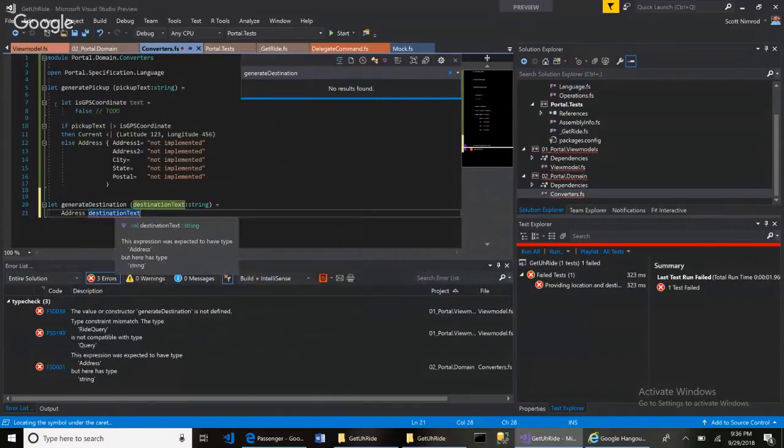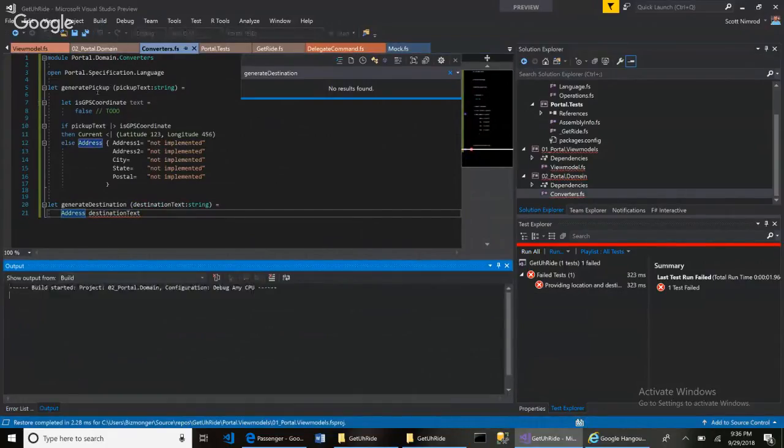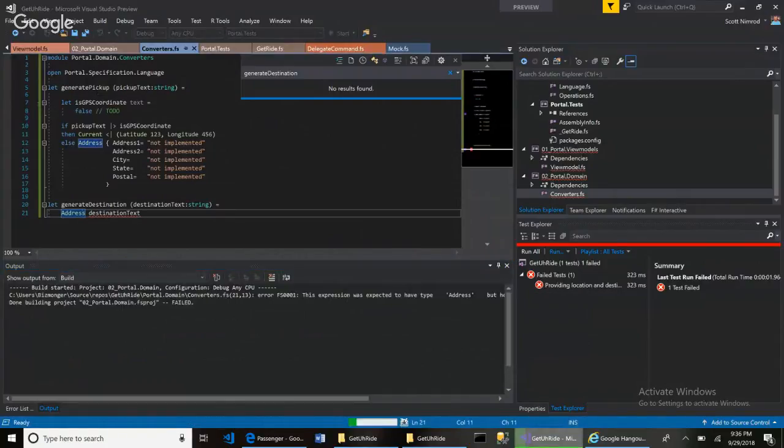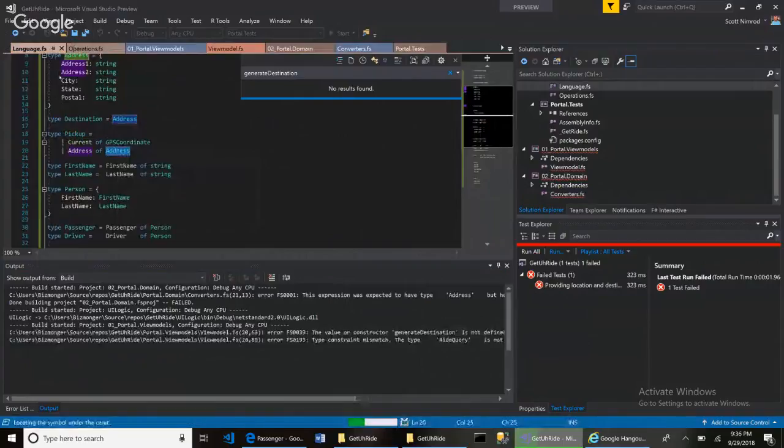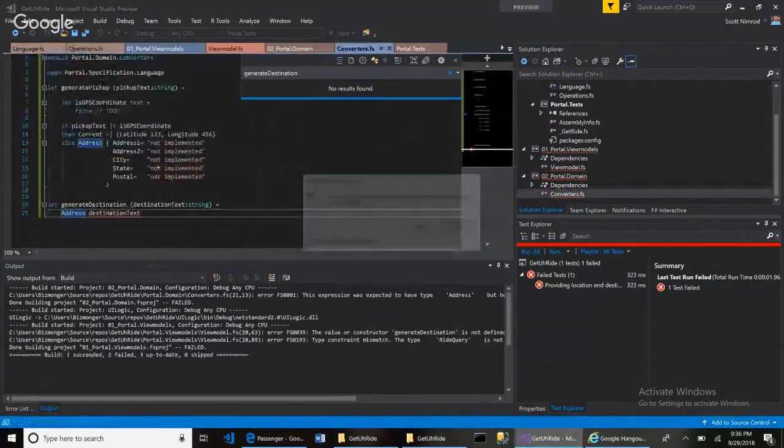But that address is supposed to be of type address. Oh, shoot. So this address is, shoot, I didn't mean to hit F11. See, this address is actually supposed to be a case of actual address record, which means that